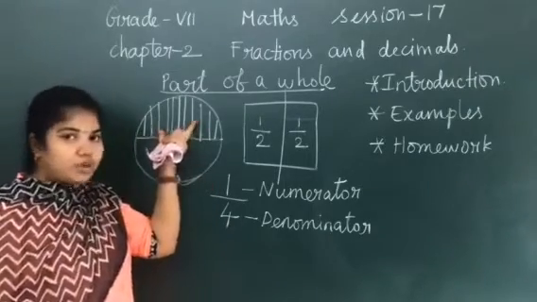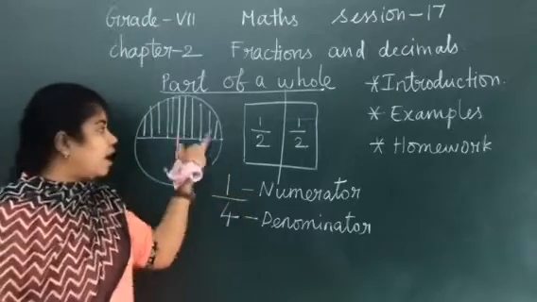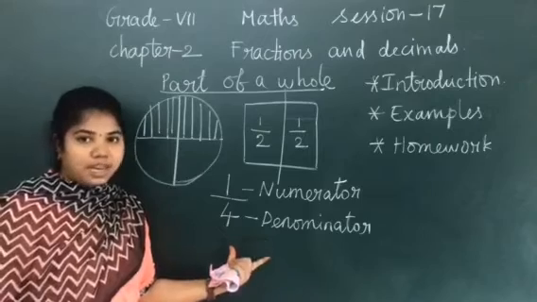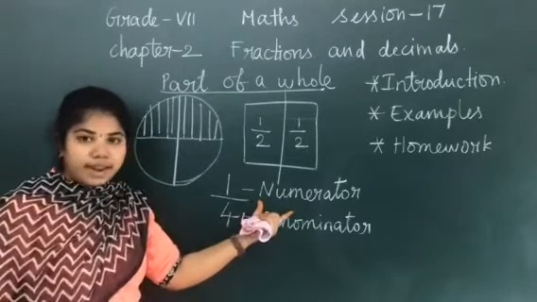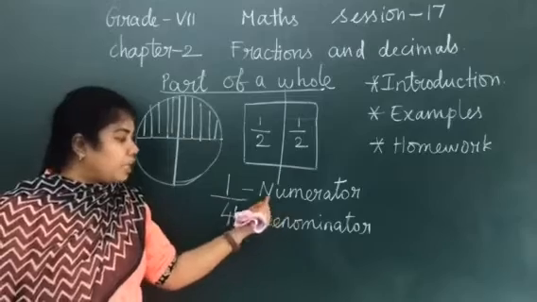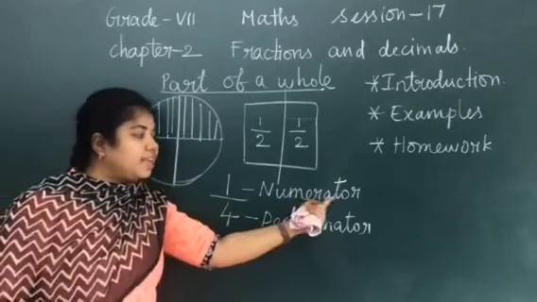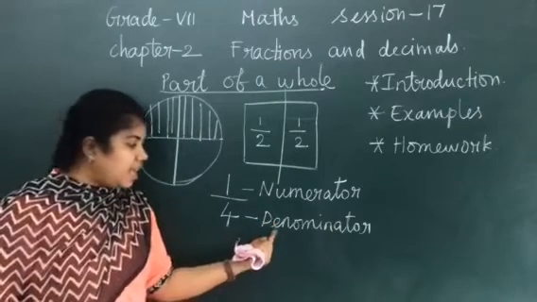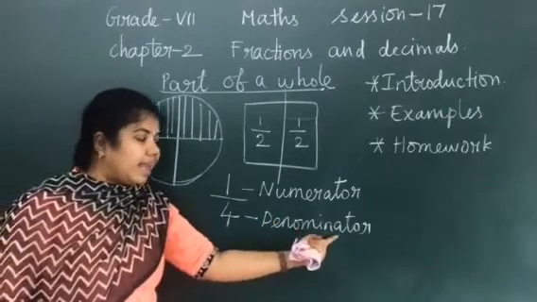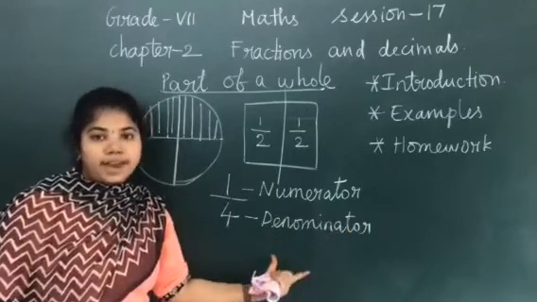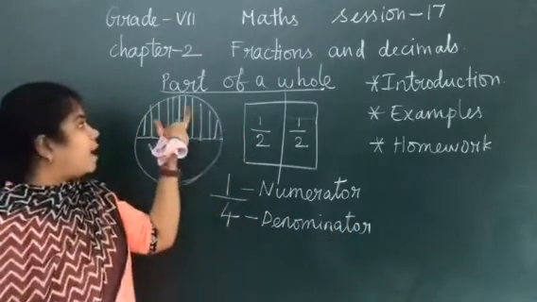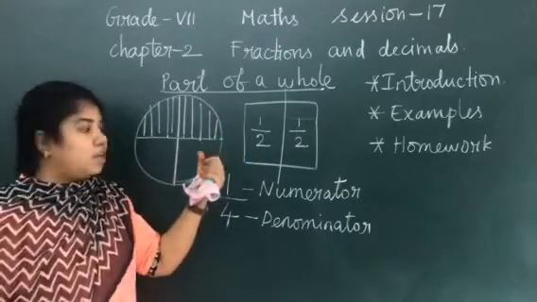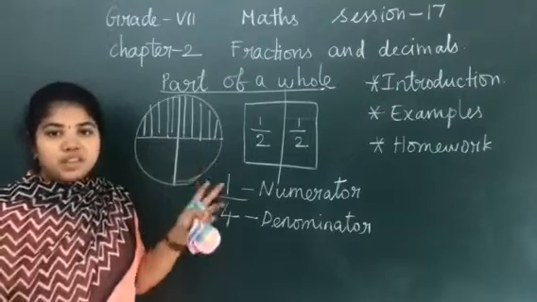So 2 parts are for you. So 2 is in the numerator, and among the 4 parts only you are getting 2, so 4 is in the denominator. So this word is numerator. What is the spelling of numerator? N-U-M-E-R-A-T-O-R. Numerator. What is the spelling of denominator? D-E-N-O-M-I-N-A-T-O-R. Denominator. So what is the fraction now? Part of a whole. Can you understand? Part of a whole. Now this is the basic thing of fraction.